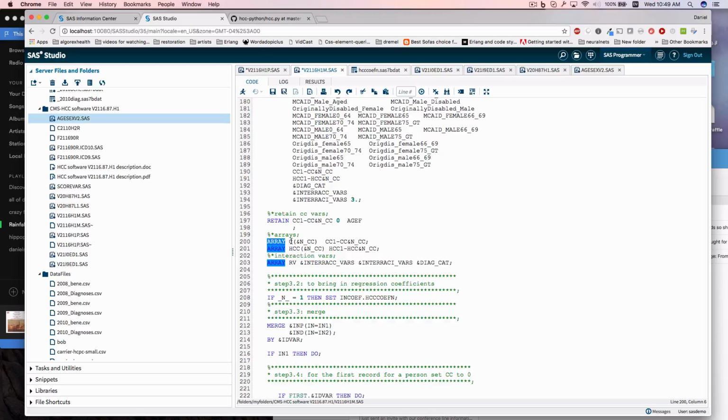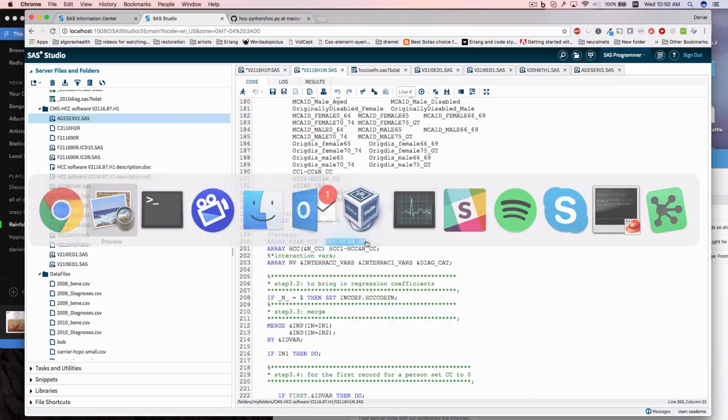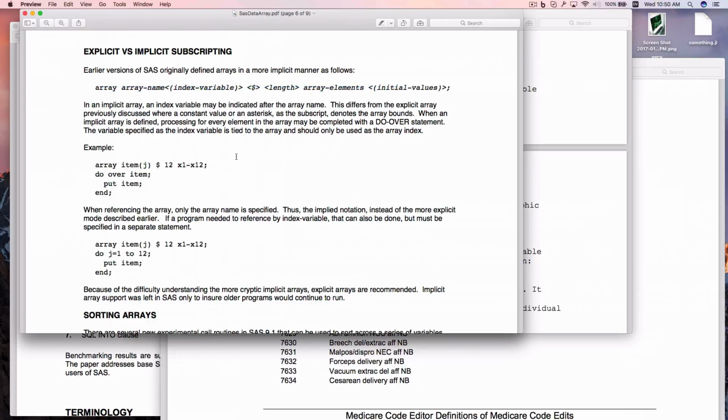And then we have arrays. We have 2 types of arrays. We have the CC array, which is code category, and we have the HCC, which is the hierarchical code categories. This took me a long time to figure out. We're declaring the existence of an array that you can index by a numeric, but the actual values you can then say use these to get at it. So that's why these things exist here. And this is that. Let me switch over here. This is that implicit array